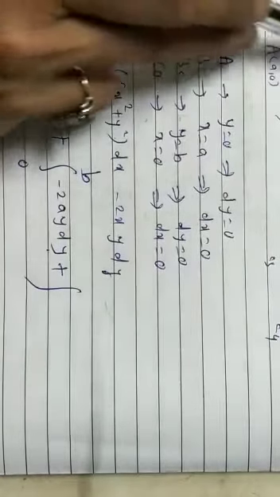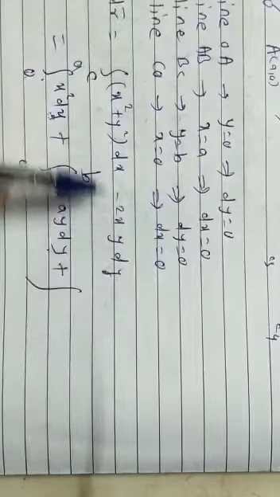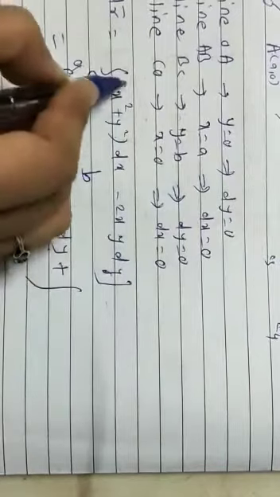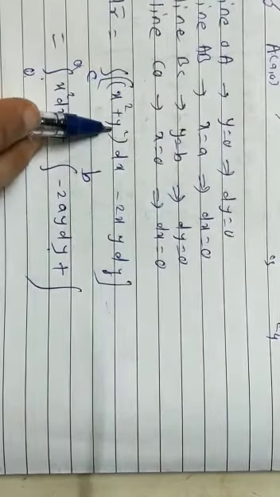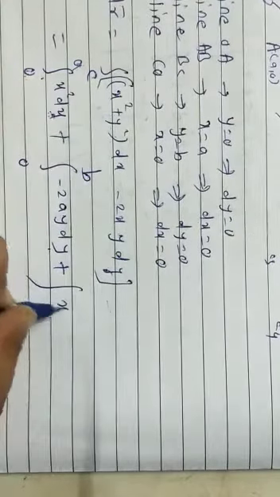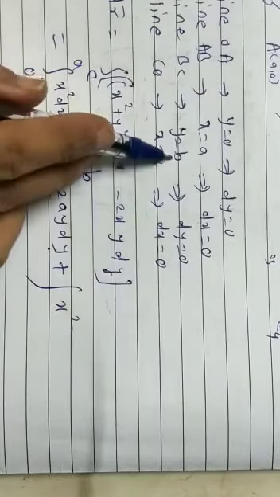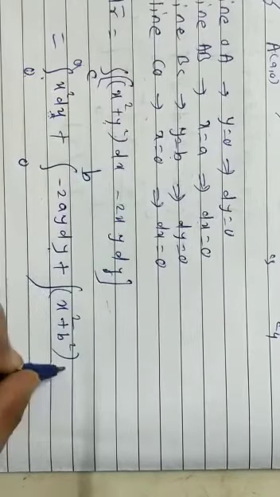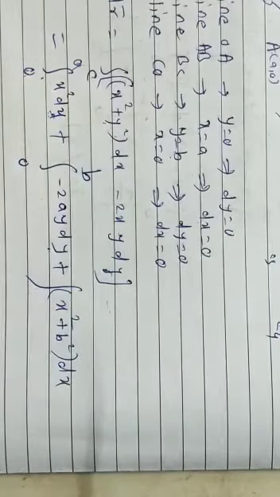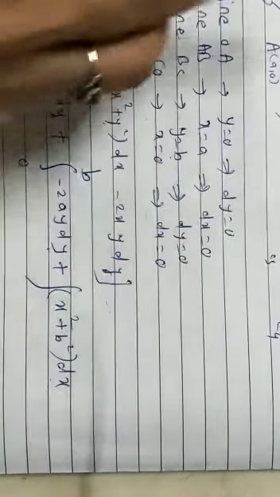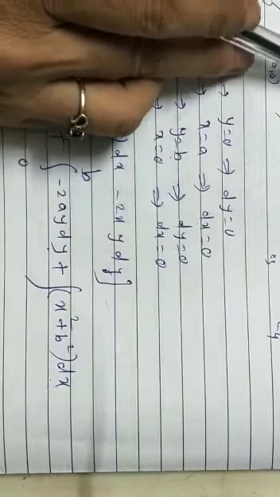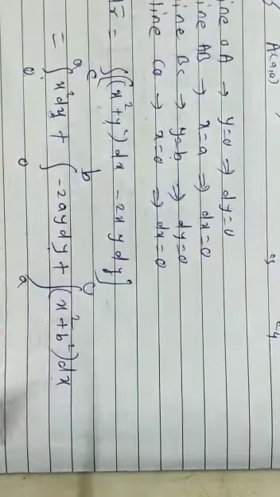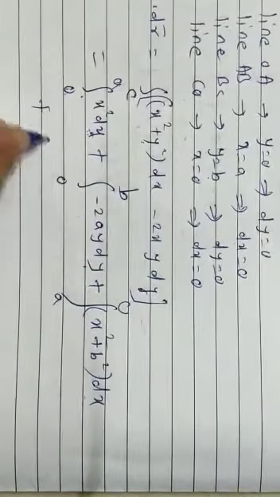C3 means this line BC, right? Y is equal to b, so dy is equal to 0. So in the main equation, this full term is vanishing. Second term is vanishing, right? So only first term will remain. So x square, y square. What is y here? Y is b. So it will be plus b square dx. X square plus b square dx. So this integral is with respect to x. So see from what to what x is moving. So x coordinate is going from a to 0. A to 0. Plus. Now C4 is remaining.